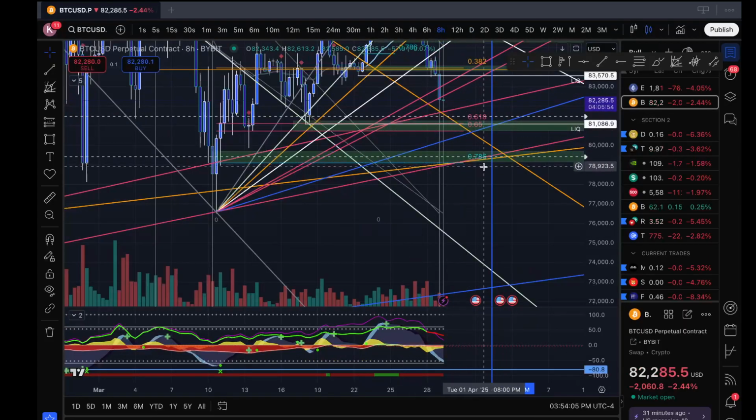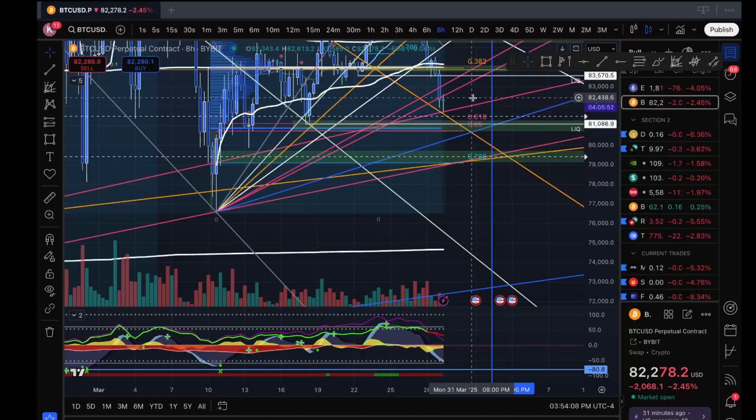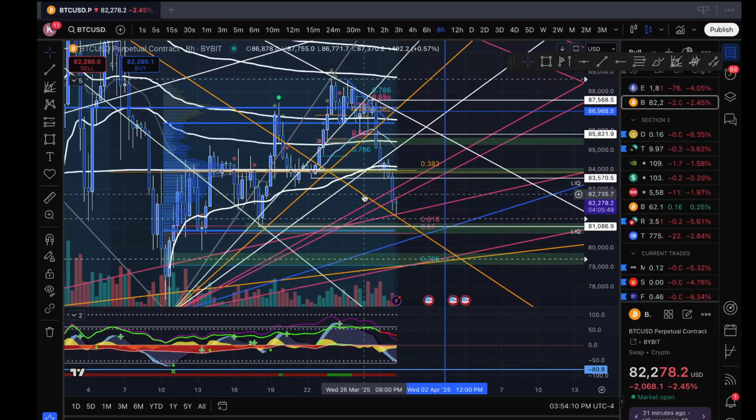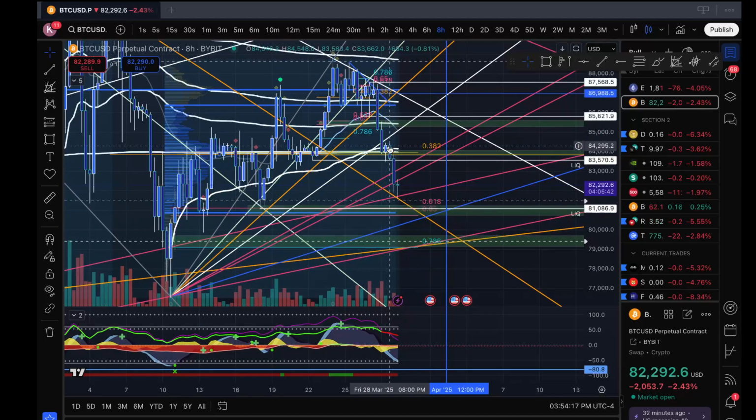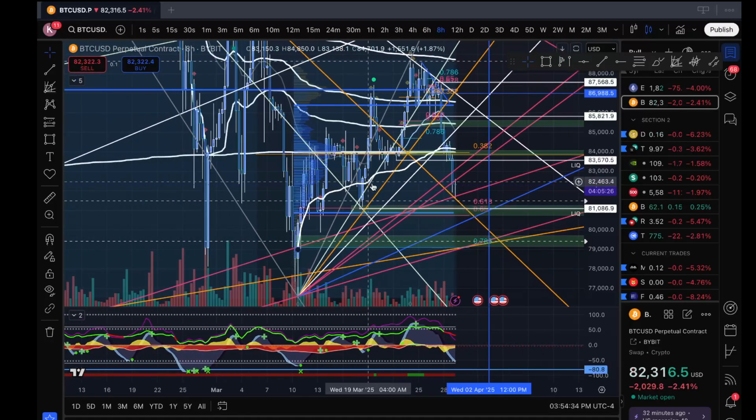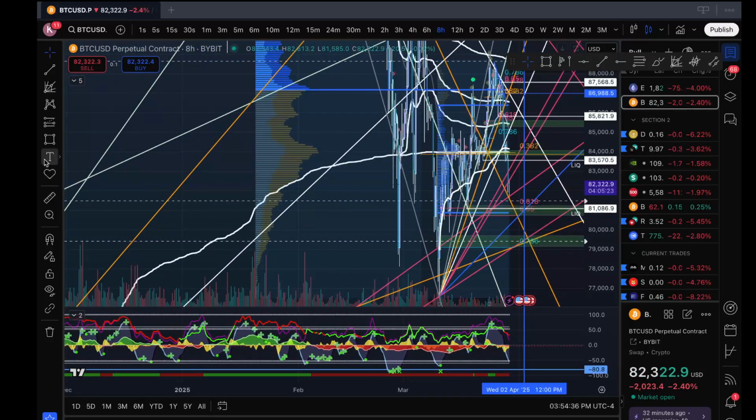So a big reason behind this dump to the downside, obviously, is we couldn't break past this area right over here with this line. So it's a technical move back down to the downside, but also Trump's tariff news, which is set for the deadline on the second, right over here, this vertical line. So basically what I'm looking at, on the 8 hour on Bitcoin, you can see that,